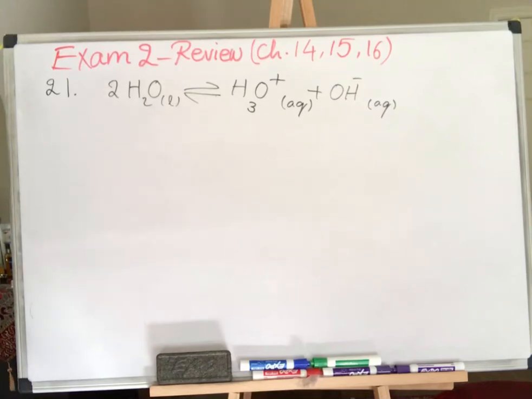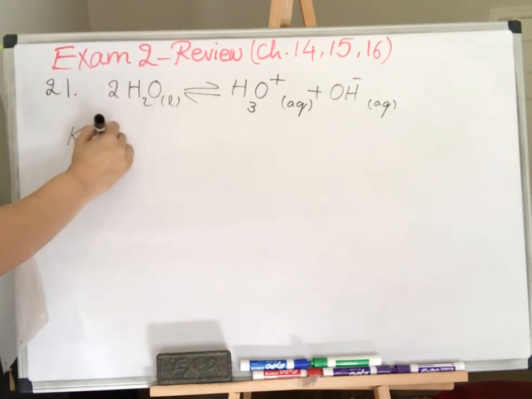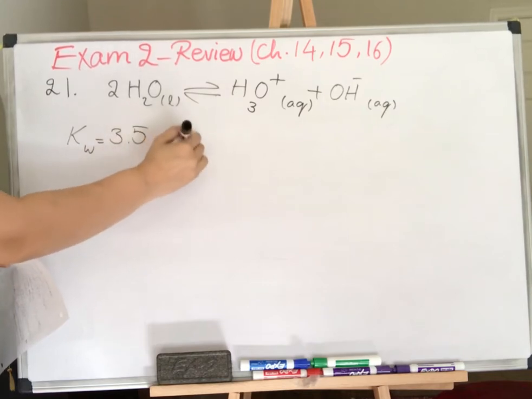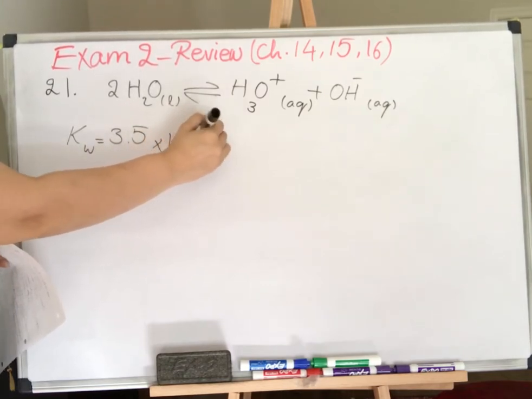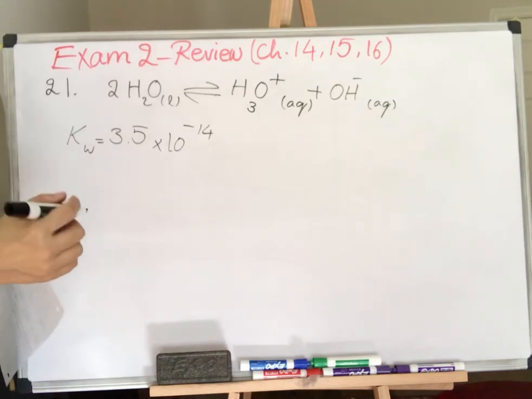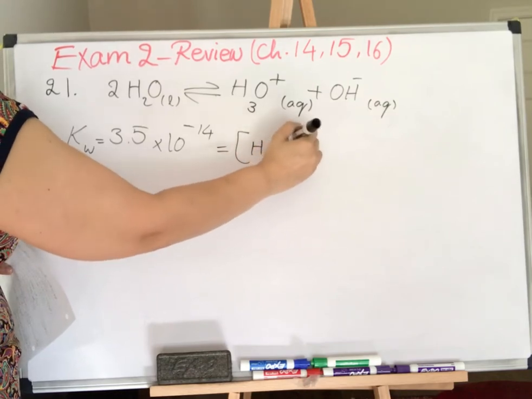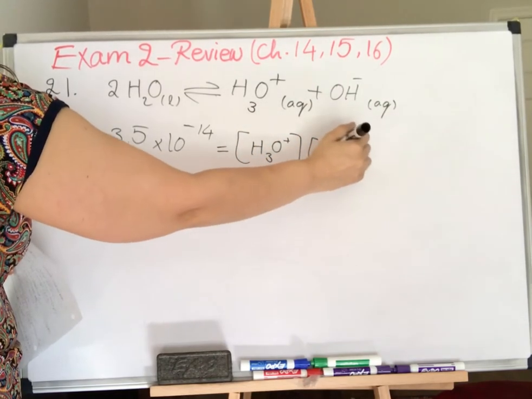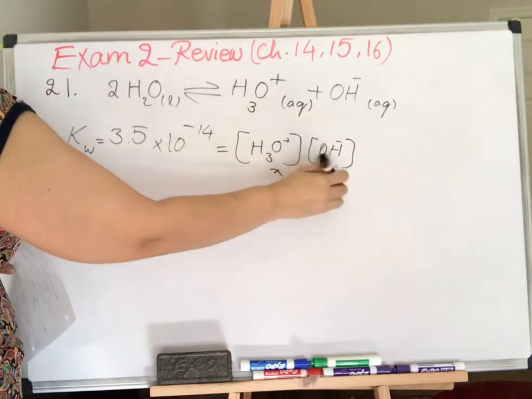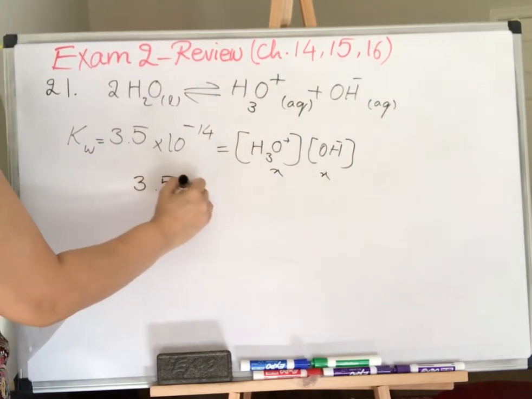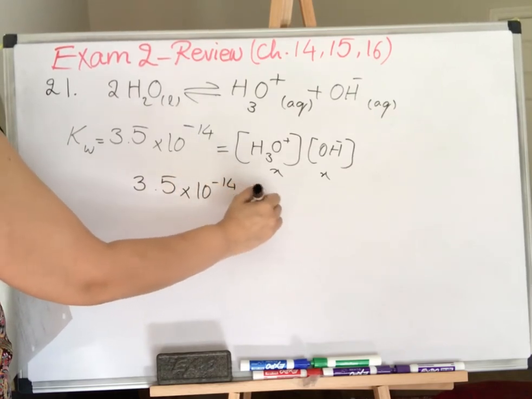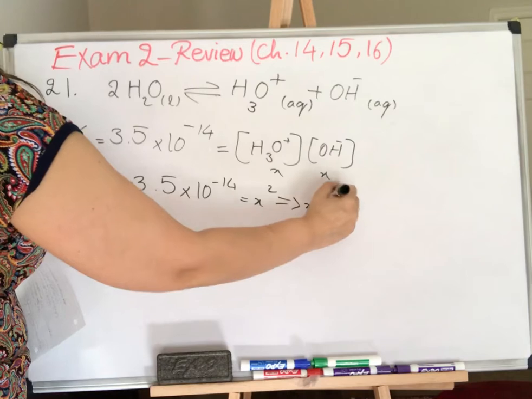Question number 21 of this review is asking for finding a pH of pure water if the ionization constant of water at 25 degrees Celsius is 3.5 times 10 to negative 14. We know that for pure water, Kw is H3O times OH. So each of them is X. So 3.5 times 10 to negative 14 is equal to X squared. And then X, which is equal to